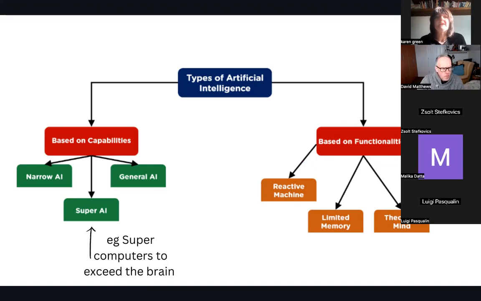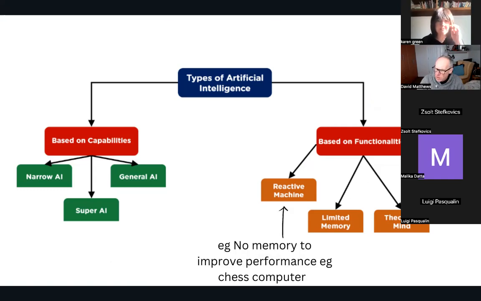So that's the capability side. Then there's the functionality side. So there is the basics, which is what they call reactive machines. The chess computer is a good example of that. It won't necessarily have memory of what it's done before, and maybe it doesn't need it because it can actually think forward. It knows the rules of chess and it can analyze. And obviously, I presume in some chess cases it would have all the programs of what's happened before, but actually that probably wouldn't be logical. Anyway, let's not get into chess, although I do find it quite interesting.